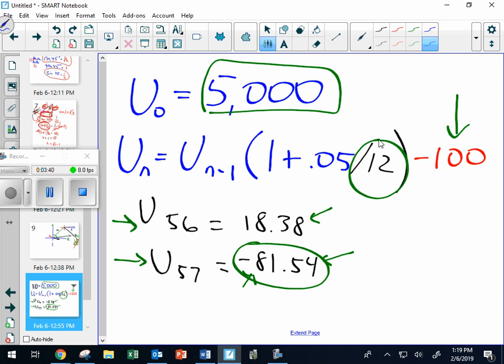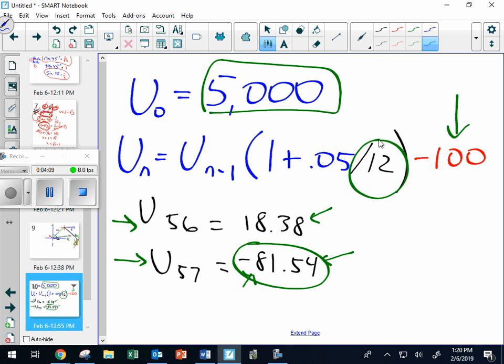And here's the more complicated question. How much total did this loan cost you? Did it cost you just $5,000? No, $5,000 plus interest, right? How much interest did you pay? Well, hint, you made 57 payments of $100. Can you multiply that out in your head quick? 57 times 100 makes